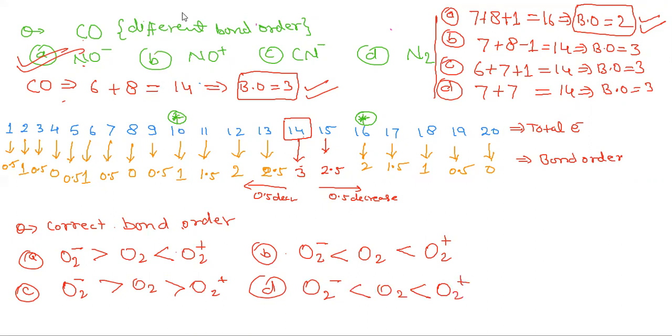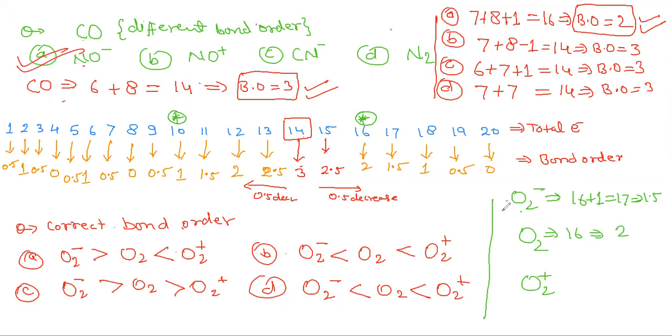In this one you can easily calculate the bond order. Now come to the point: here O2 negative, just 3 elements are there. One is O2 negative, just you write on the side O2 and O2 positive. O2 negative means 2 oxygen, O2 is 16 and 1 negative charge means plus 1. Total electron equal to 17 and just you see, 17, bond order 1.5. Second point, O2 only 16, then bond order 2. Then O2 positive means 16 minus 1, that is equal to 15, that equal to 2.5. Just you see 2.5. So now which one is the bond order maximum?